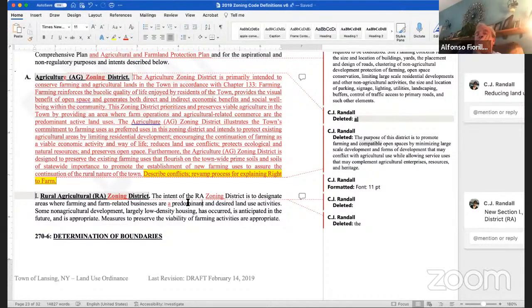One other thing that came up in the meeting this week was the RA zone. Right now, it looked like John had most of it on the downhill side of Ridge Road. What's the thought process from the board members? Should it be on the uphill and downhill side?